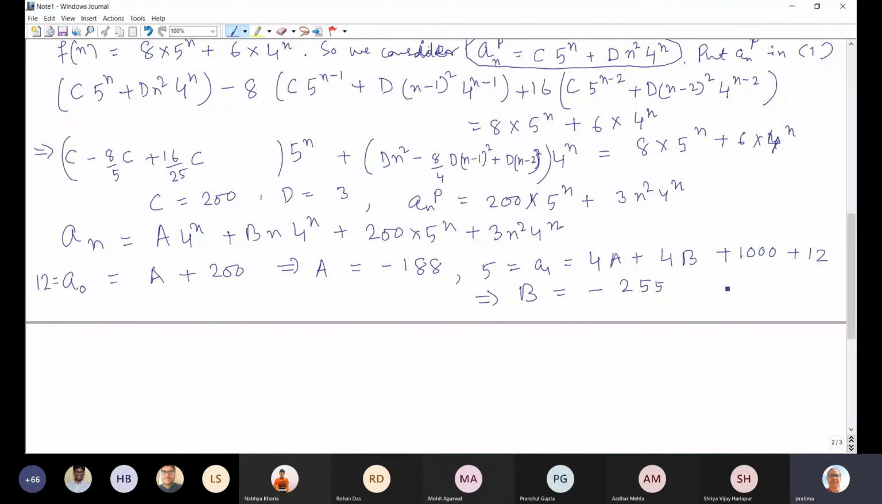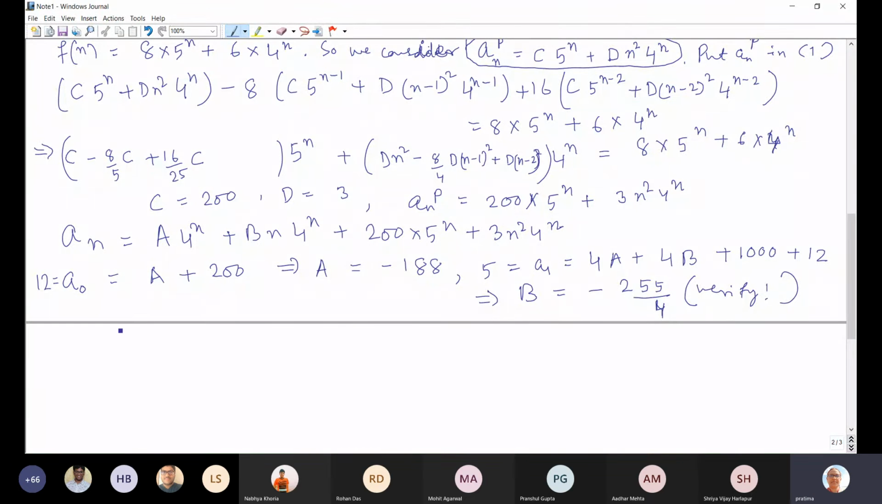Actually, I haven't solved this completely. Minus 255 divided by 4. Okay. You check, you verify this one. I am not sure that you calculated this value. Okay, once you obtain these values of A and B,